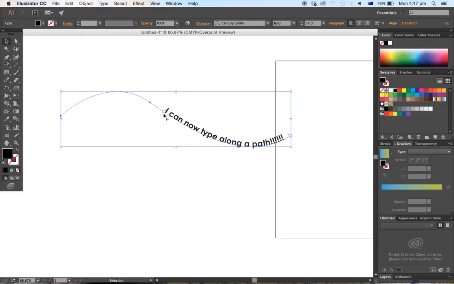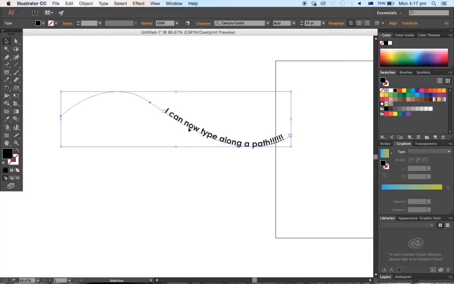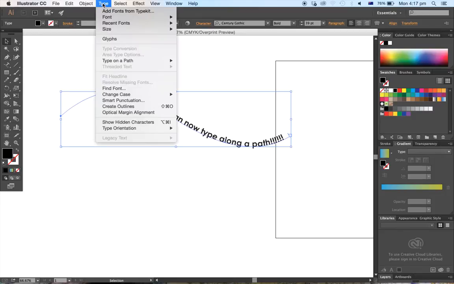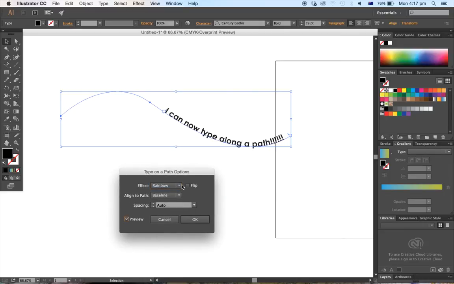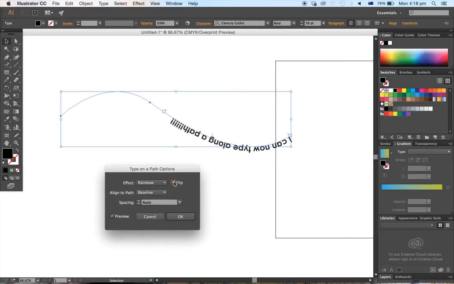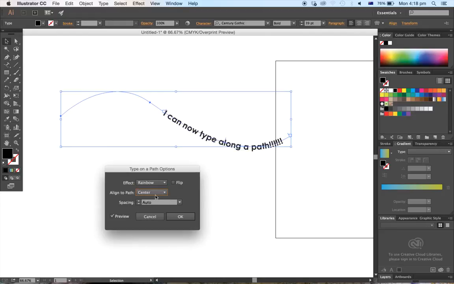There are other options, things like you can pick how the type sits along the path. They live up here within your type on a path, and type on a path options. So things like, obviously we can flip it where it is aligned. So at the moment it's aligning to the baseline of the text. You can have it sitting center,